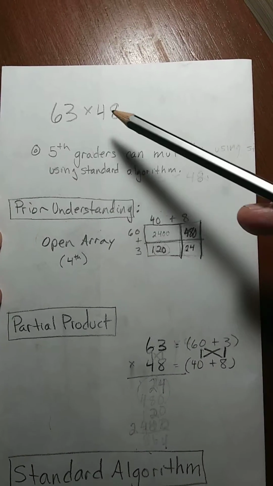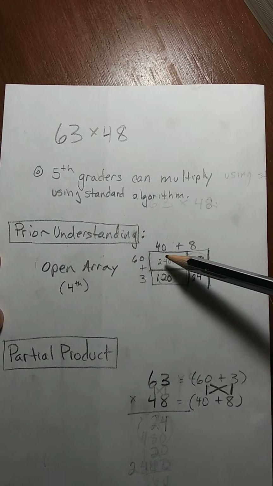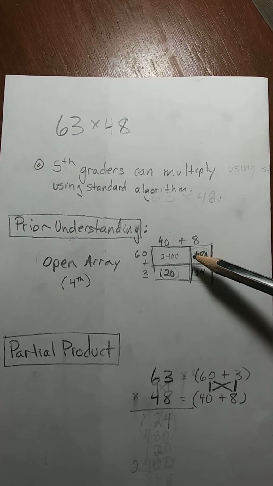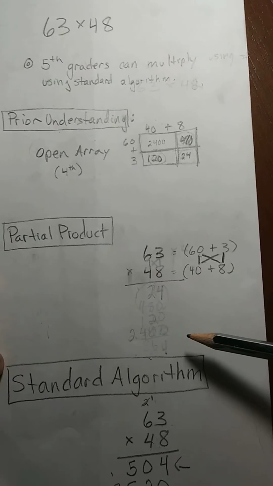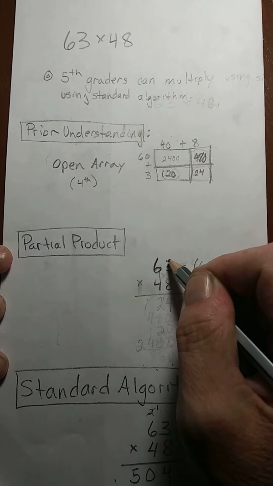So if they're doing a 2-digit by 2-digit, connect back to what they learned in fourth grade about the open array and how they had to do 4 different products. Then lead them to this intermediate step called partial products. So stack up the numbers like we would do traditionally,